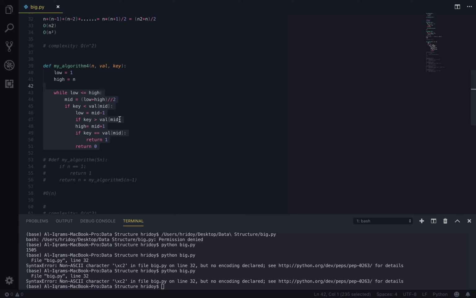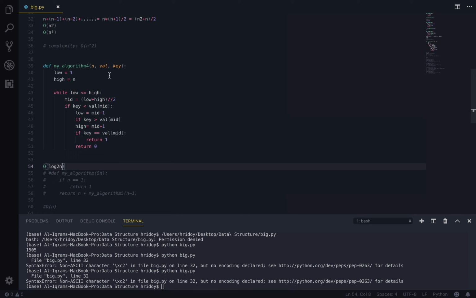where we are dividing every search space by half, right? So in each iteration of the loop, the search space is divided into two halves by calculating the middle index, right? This process can be repeated a maximum of log 2n times, since this is the maximum number of times a number can be divided by 2, right? So after the loop breaks, the complexity of this algorithm will be big O of log 2n,